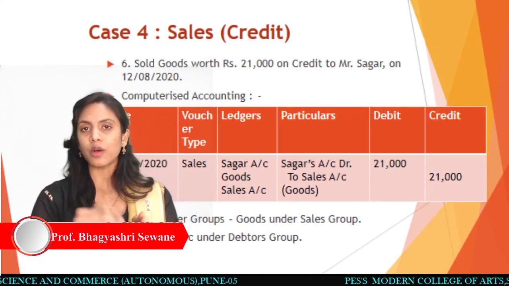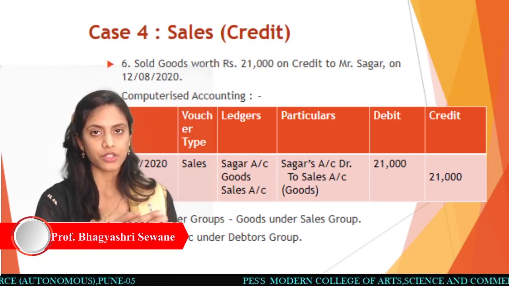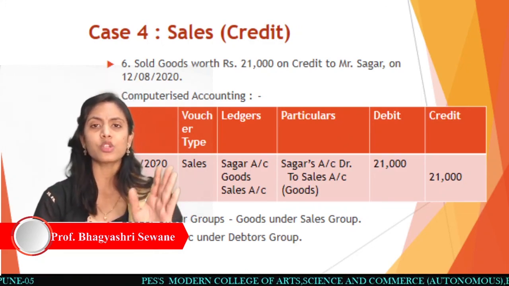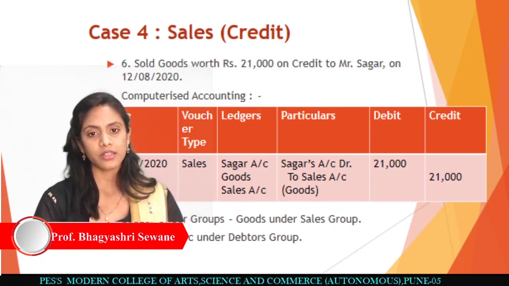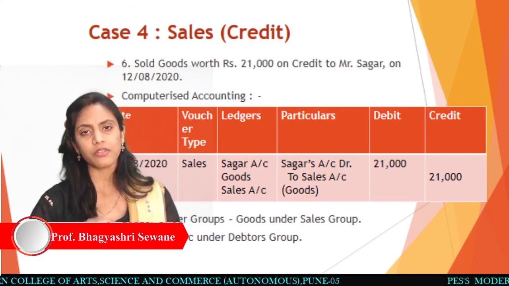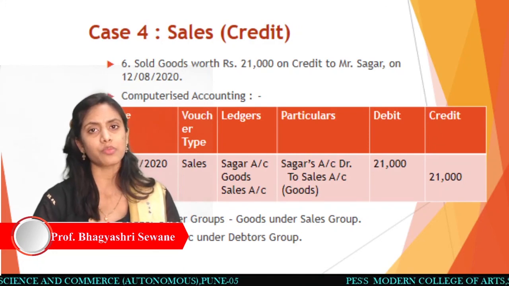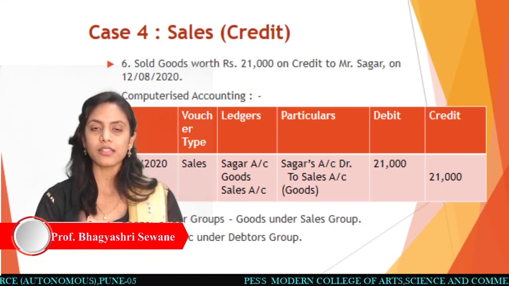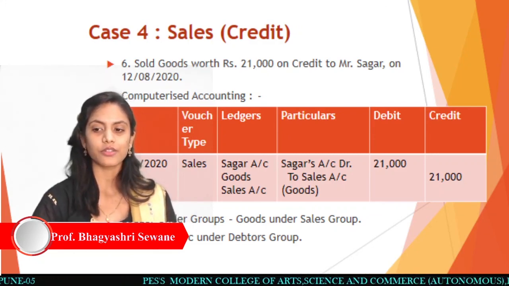You can do the voucher entries directly before going for ledger creation. In both ways you can do the entries. Firstly, you can prepare the ledgers and then go for entries, right? Otherwise, you can go for voucher entry directly and create ledgers as per your need. Okay, so right now I'm stopping over here. We will see the next entry in the next session. Okay, thank you.